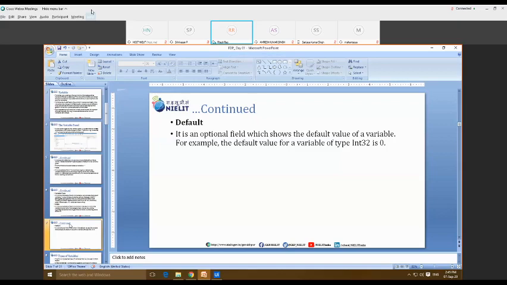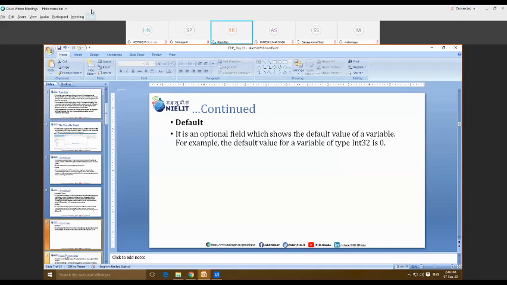Otherwise this will be left. It is an optional field which shows the default value of a variable. For example, if you are working on any number type or integer variable, then we can assign any default value to it. So this is all about the 4 different types of fields that are available for the variable.